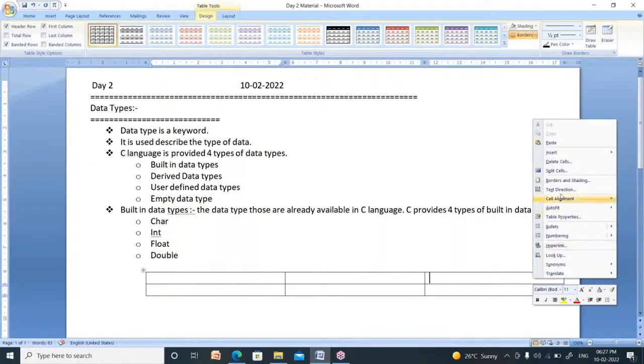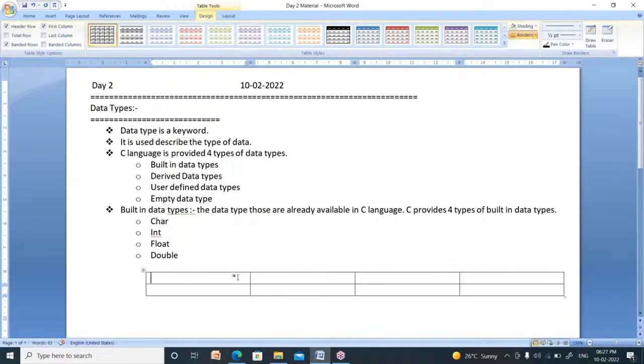Now, insert a column at the right. See, what is the data type? For every data type it has its own size. Now, what is the size of data type in a 32-bit operating system, and in a 64-bit operating system? Do you know what an operating system is? In our phones, we have Android operating system.